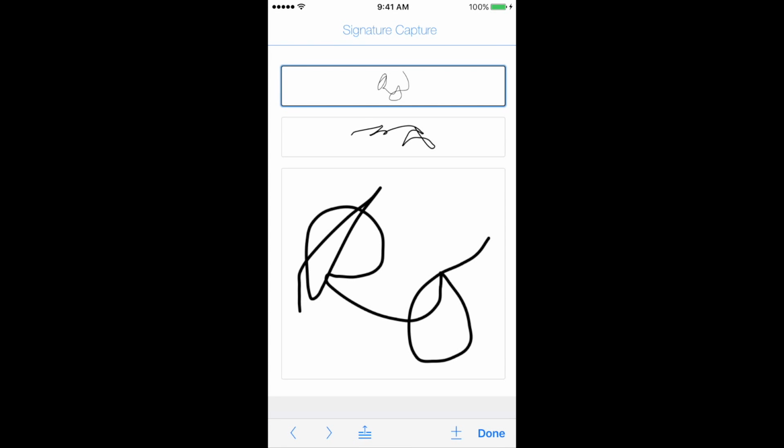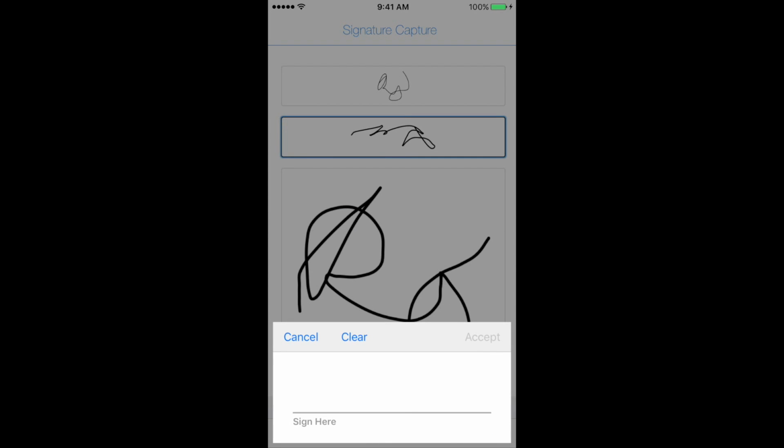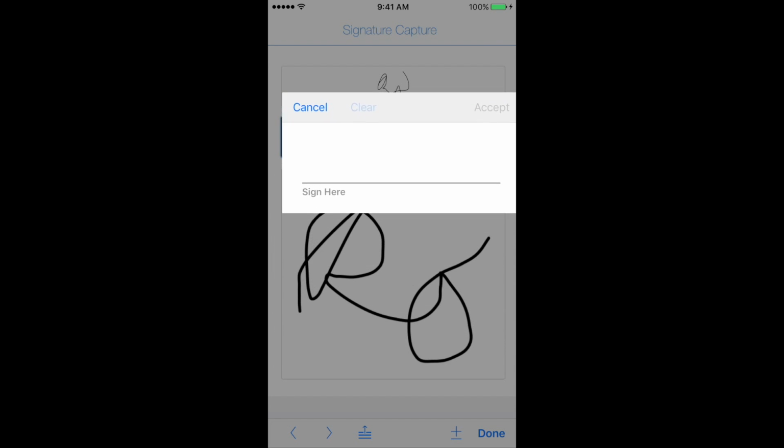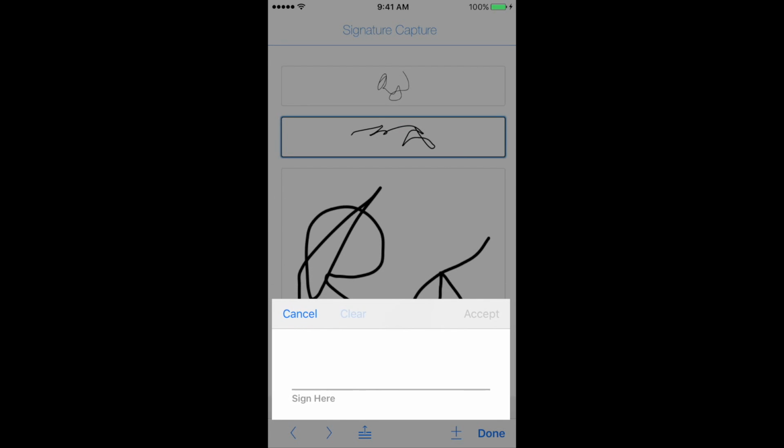Now the second newest feature is the movable overlay. So my second field, you'll notice if I click on it, I have a modal box that comes up and goes all the way to the bottom. And if I want to move it, I can simply grab it and drag it around the screen. This is useful, for instance, if I have a terms of use or some kind of contract or other data I want to see, and if I have a full screen overlay, I can't see that data. So this is a really good option.